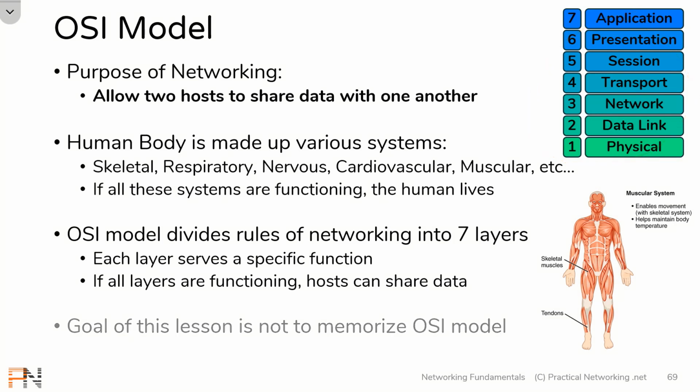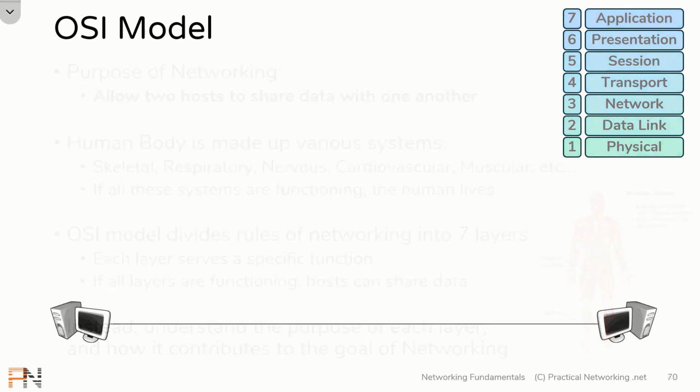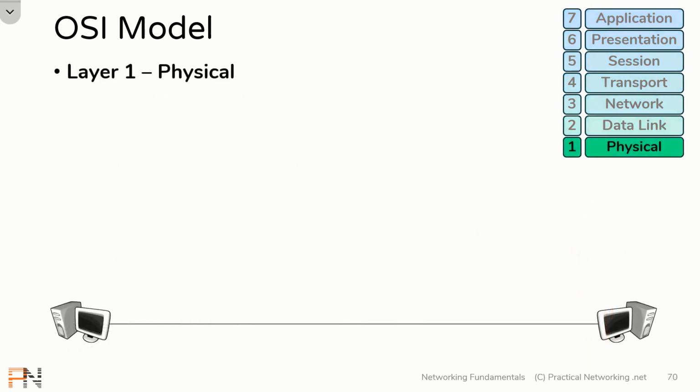The goal of this lesson is to take a look at the purpose of each layer in the OSI model and see how it contributes to the overall goal of networking, which is allowing two hosts to share data with one another. That said, let's just jump right into it, starting with the first layer of the OSI model known